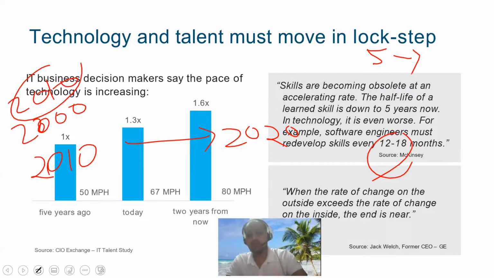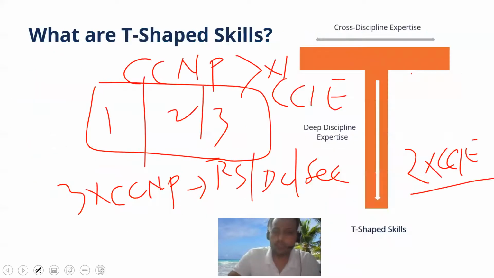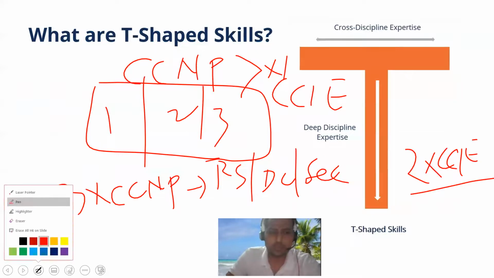And this is true for software. This is true for hardware networking as well. Why? Because in networking now you have software defined networking. So you will see every year, or maybe every 1.5 years, you have to learn major things. In Cisco, you have to learn SD-WAN, ACI, both are SDN platforms. Then DNA is coming, and many companies are already using DNA, Digital Network Architecture. So be ready.